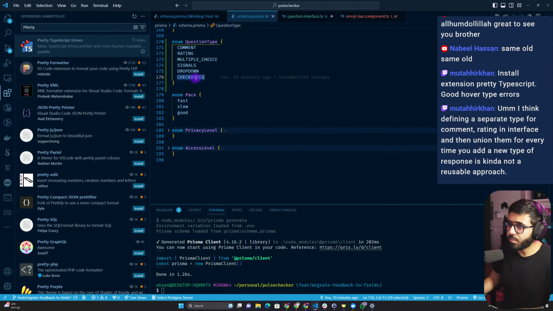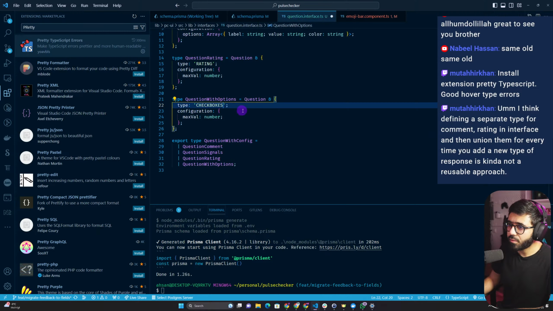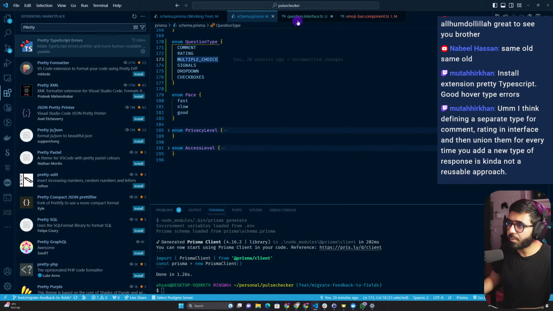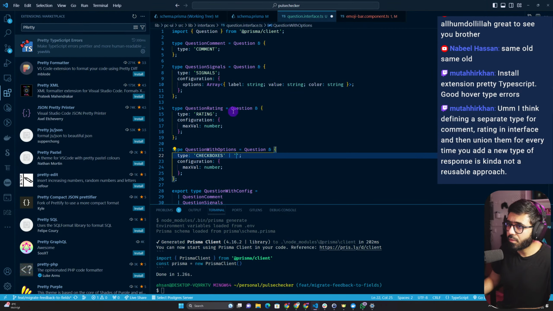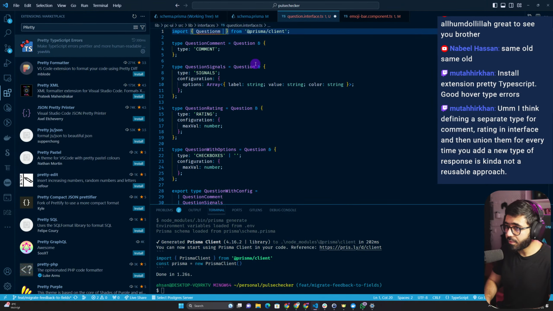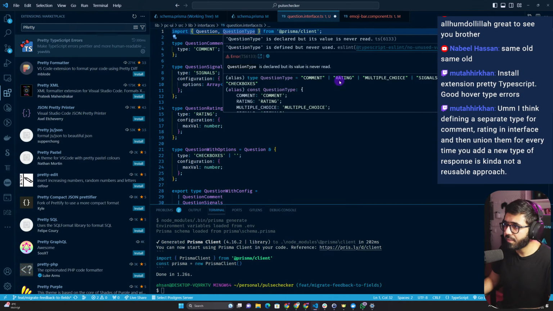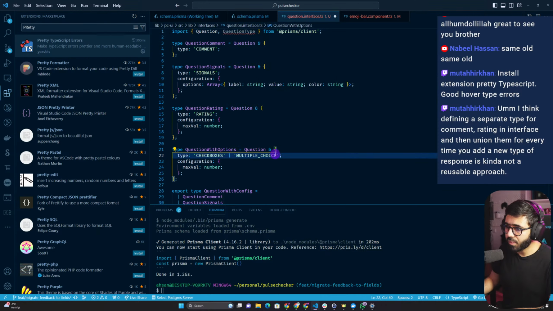If I can use the checkboxes, we have multiple choice, which should be, if I can just say question type. So this one has comment, rating, multiple choice, signals, drop down. So checkboxes, multiple choice, drop down. If I have any of these, then that means I'm going to be easily able to do this,